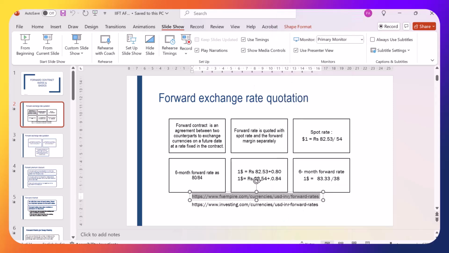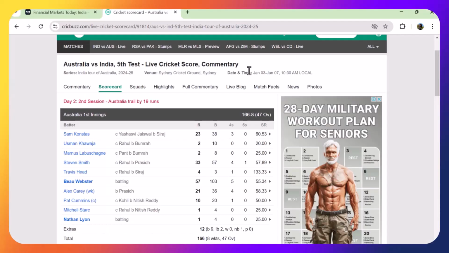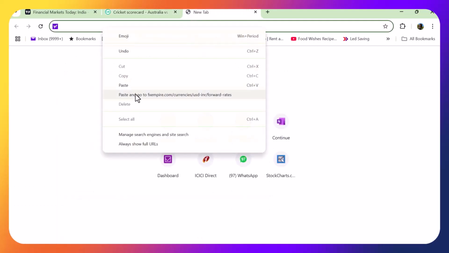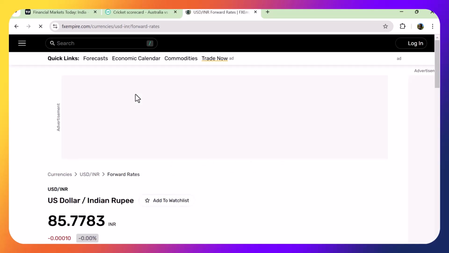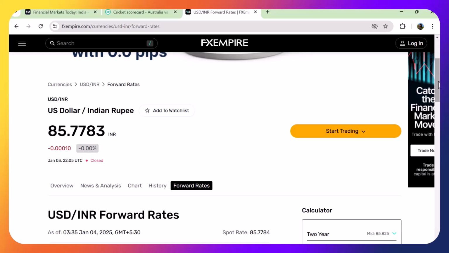Now there are two sites which I have given here at the bottom. We will visit these sites and look first at how the rates are given. So we go to this first site. Open both the sites at the same time on your laptop, or you can just see it here. Whenever you are going to look at the rates,